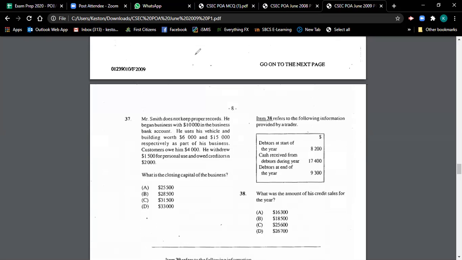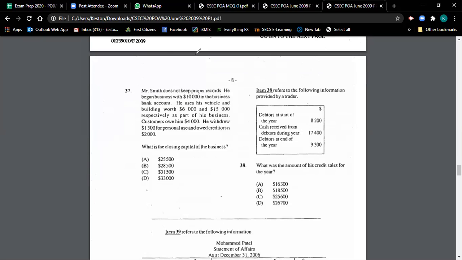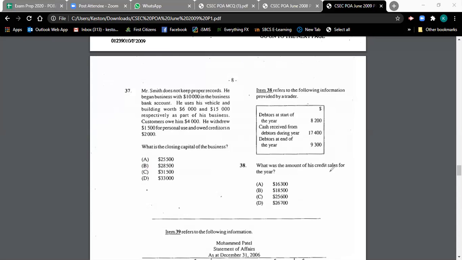37. Mr. Smith does not keep proper records. He began business with 10,000 in the business bank account, uses his vehicle with 6,000 and 15,000 respectively as part of the business, and a customer owes them 4,000. He withdrew 1,500 for personal use and owed creditors $2,000. Closing capital is, so this one already. Correct answer is C,